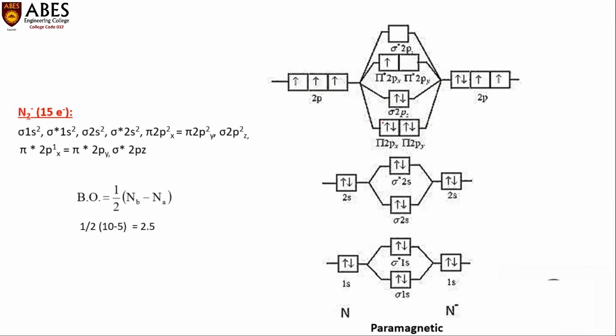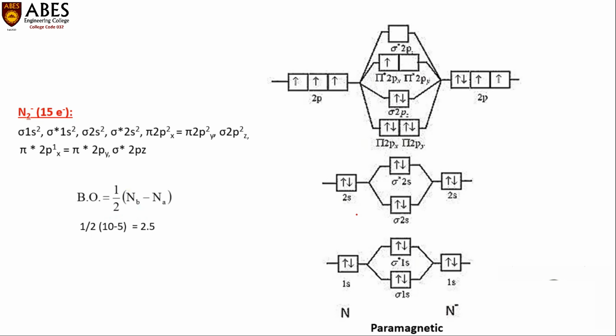So first pairing of the 2p orbital will take place. After that, the remaining electrons will fill sigma 2pz, and after that one more electron is there, so it will go into the anti-bonding molecular orbital of pi 2px. So from the figure, we can say the molecule exhibits paramagnetic behavior, and if we calculate its bond order,